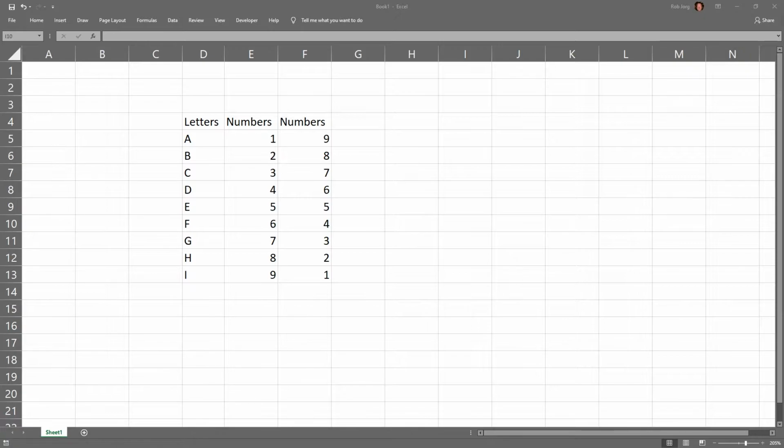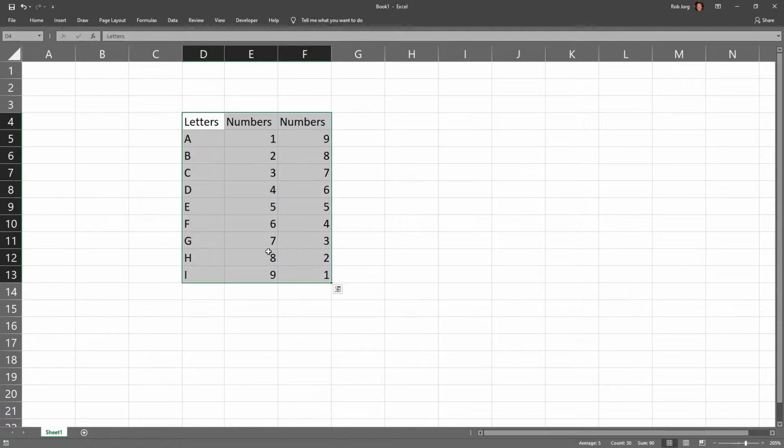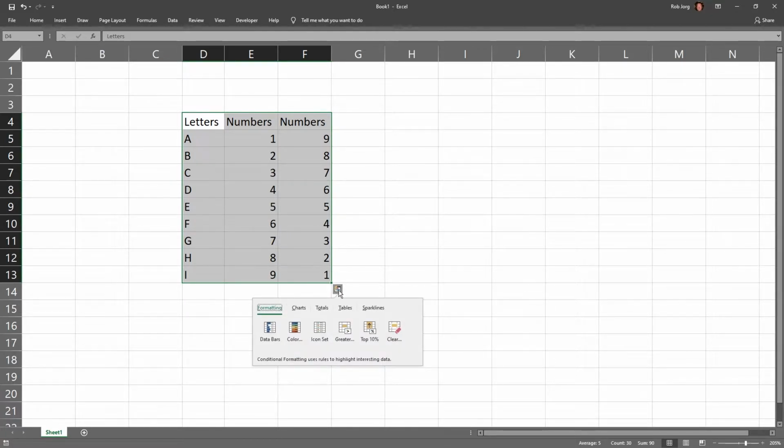So let's get started. For my first tip, I'll show you the analysis tool. If you have a couple of columns with letters and numbers, you can go down here and you will find a quick analysis tool.